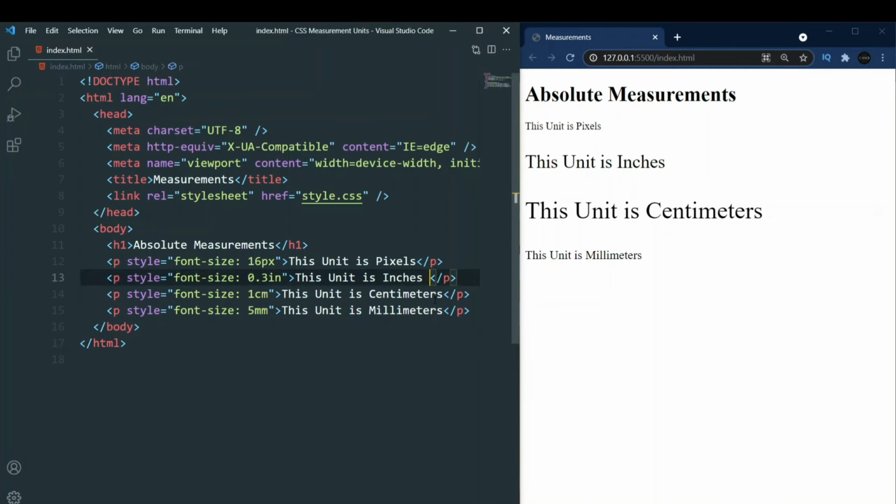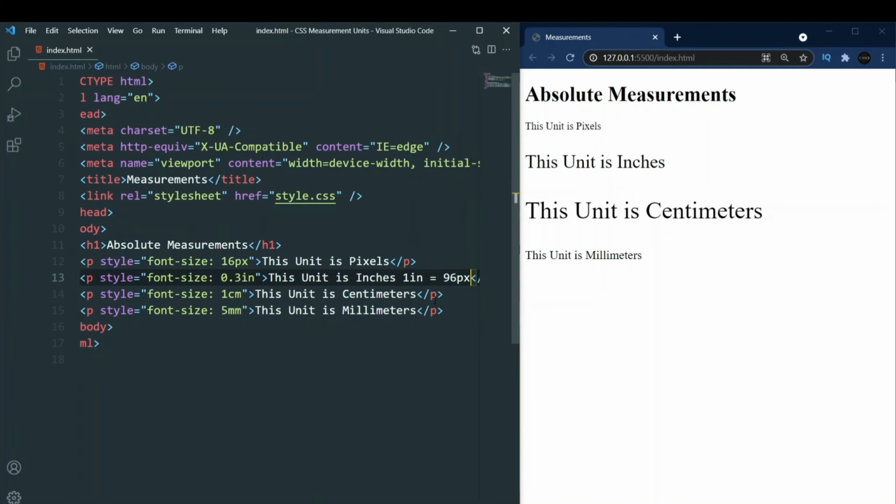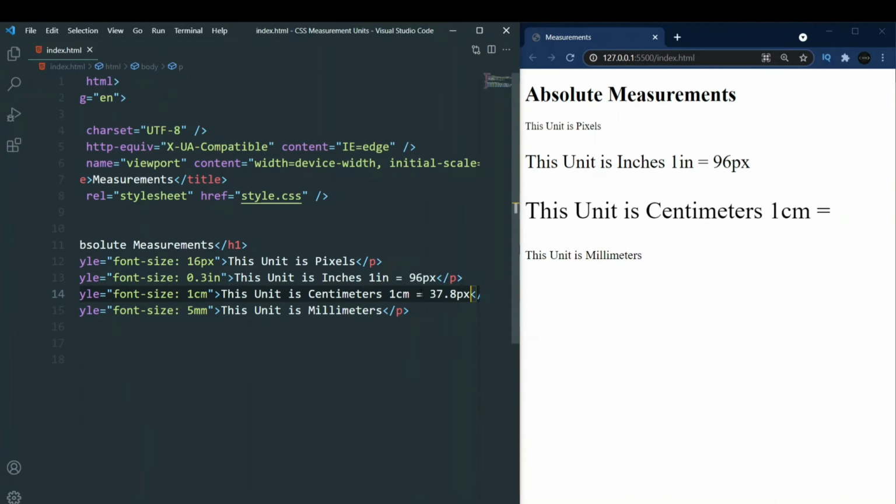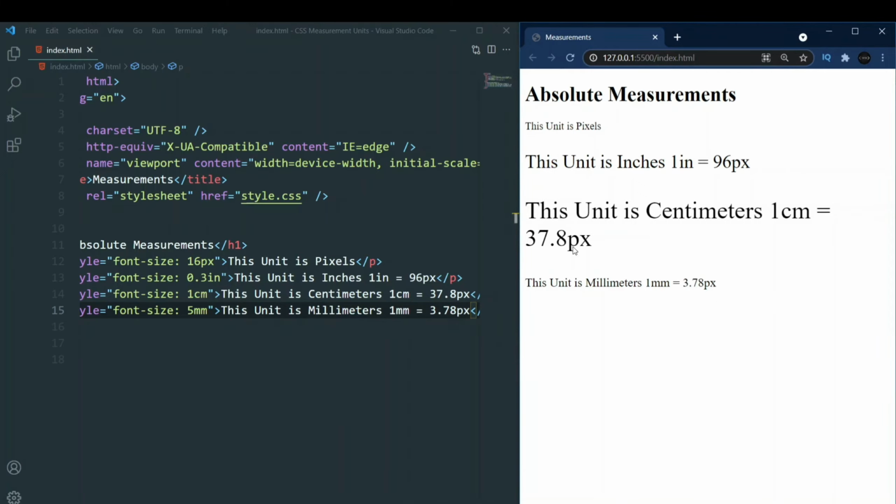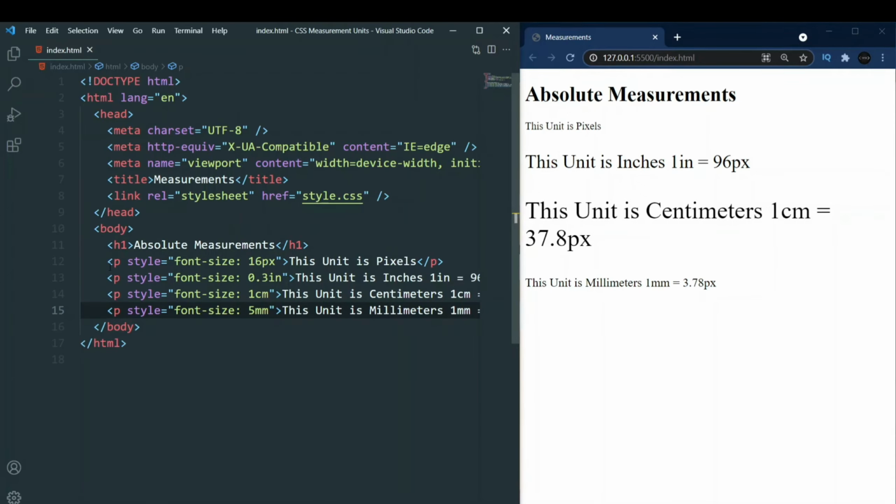Let me just write it here itself. 1 inch is equal to 96 pixels, 1 centimeter is equal to 37.8 pixels, and 1 millimeter is equal to 3.78 pixels. Now you can see it's also easier to remember. So these are the 4 that we saw.